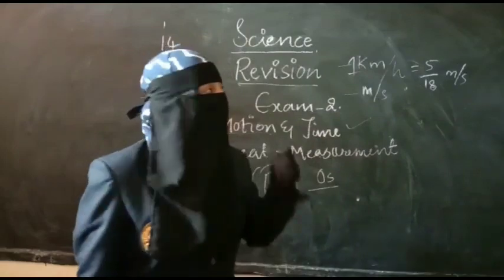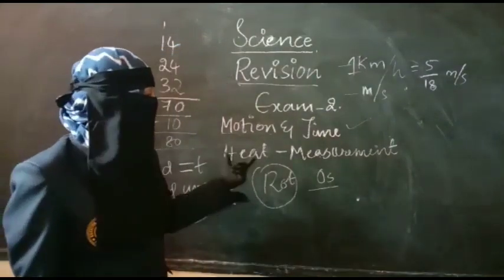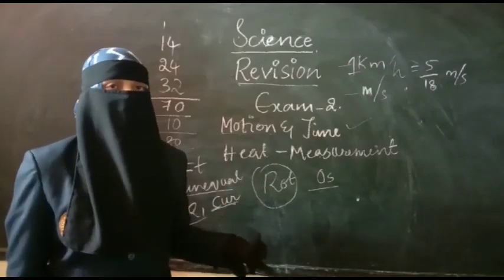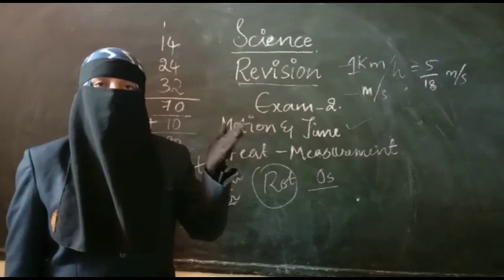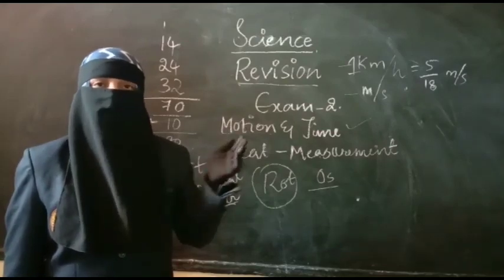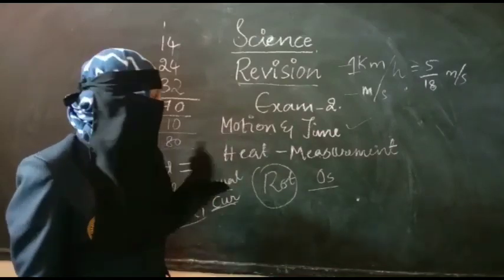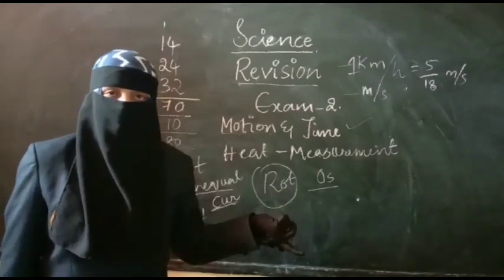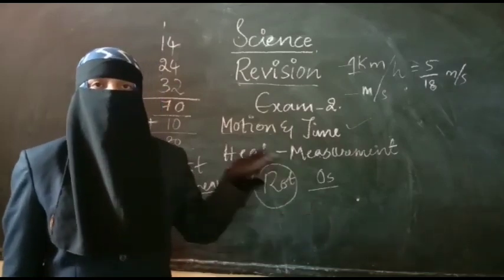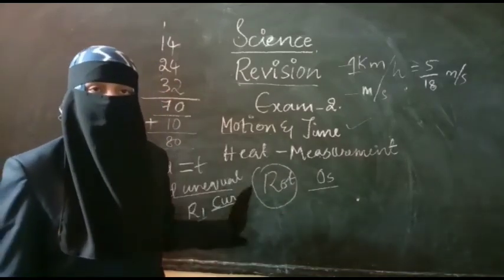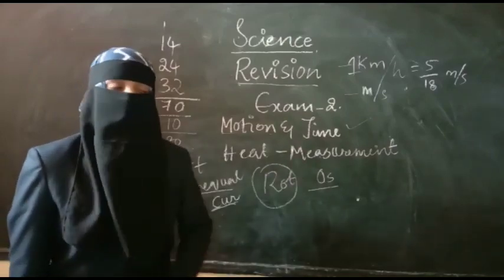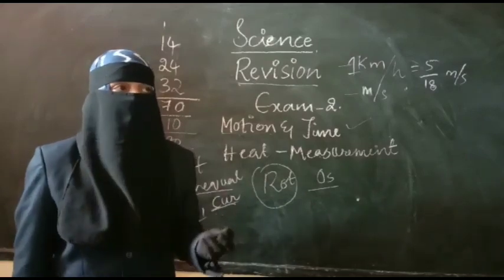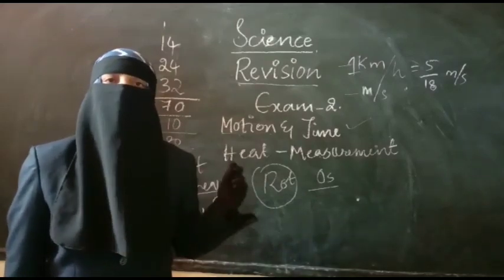Heat measurement. We have each and every topic of heat measurement in the videos. As I said, heat is a form of energy. Energies cannot be created nor destroyed. They can be transferred from high temperature objects to low temperature objects. The conversion of energies can take place: heat can convert into different forms of energy, and different forms of energies can be converted into heat. To measure heat energy, we use the unit temperature. Temperature is the degree of hotness or coldness of an object.